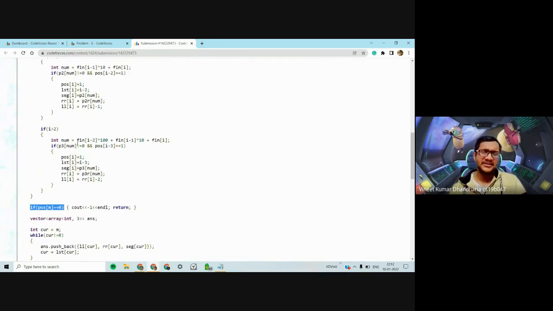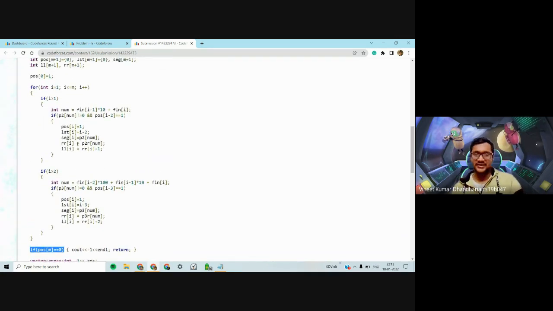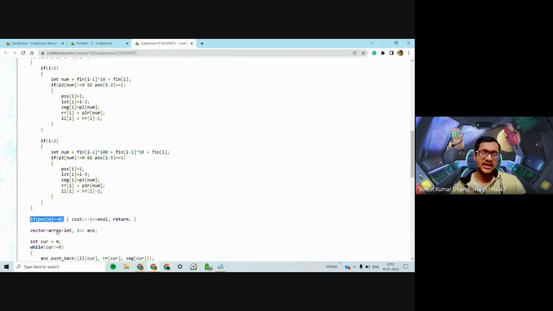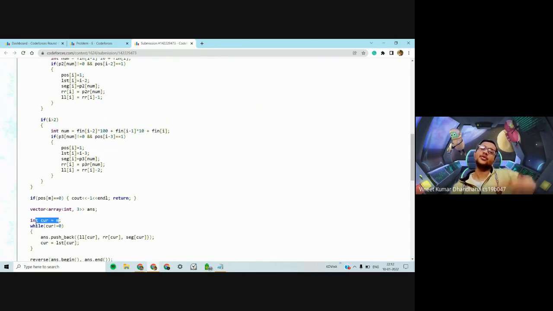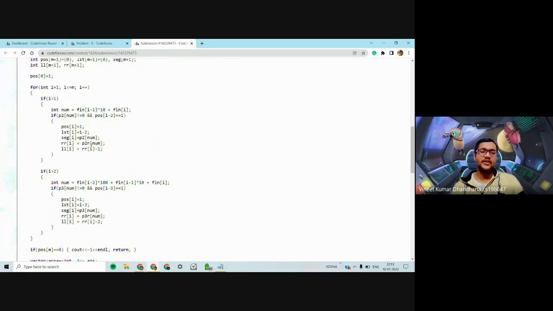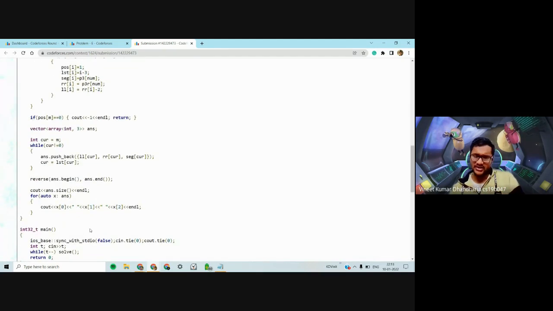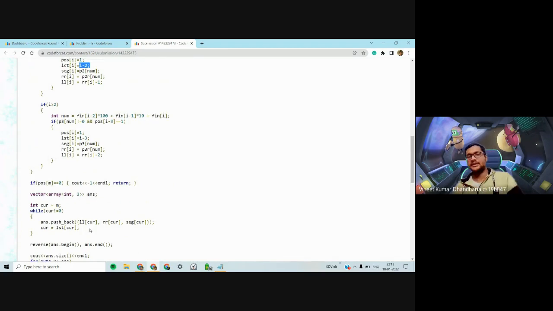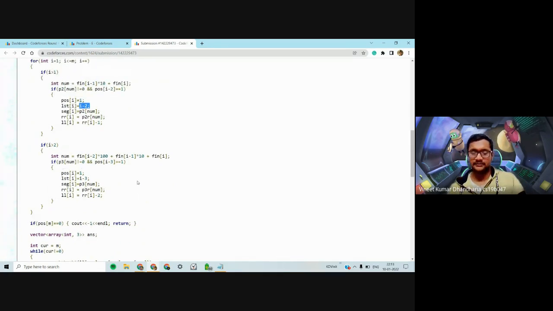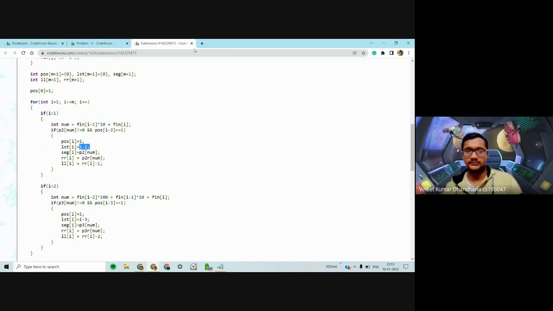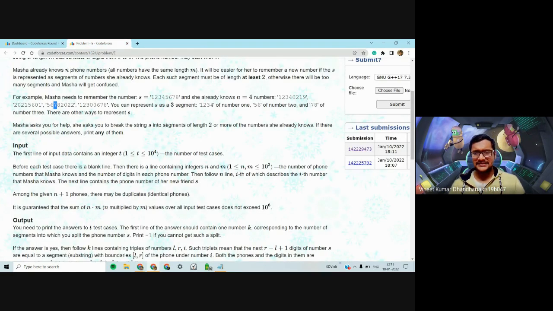You can see the implementation, but it's not worth going into because it's a standard thing. You just start from the last position and keep going backward through the string. Suppose we know that I was made possible because we could go to I minus 2. You just store that information and in the end you print it. You can see the implementation; I think it should become clear how we print the coordinates. That's not something that requires too much knowledge or logic. So yeah, that's the E problem.